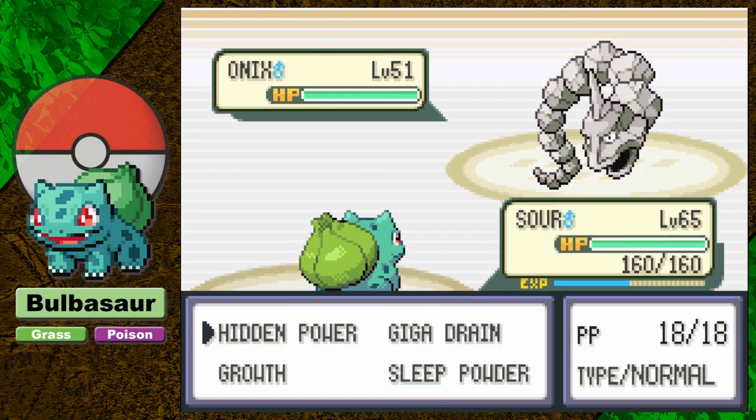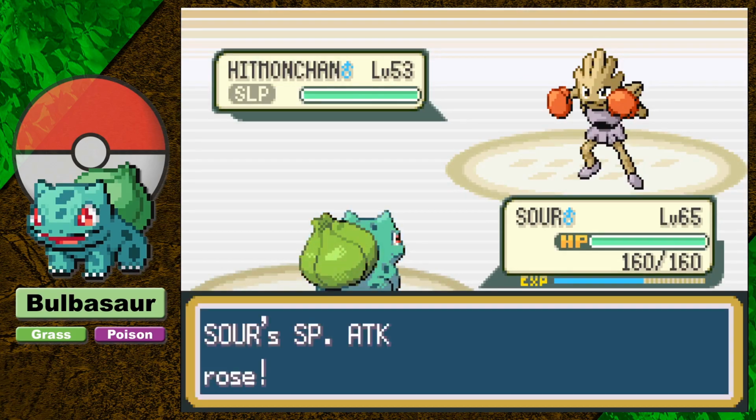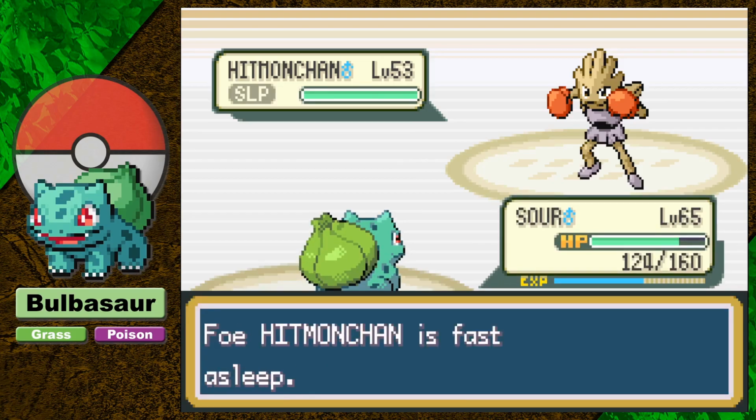Next we face Bruno, who has a terrible reputation as hands down one of the worst trainers in Generation 1. In the Gen 3 remakes, he seems to have done some training and buffed up a little bit. My biggest challenge against him is that both of his Onyxes,